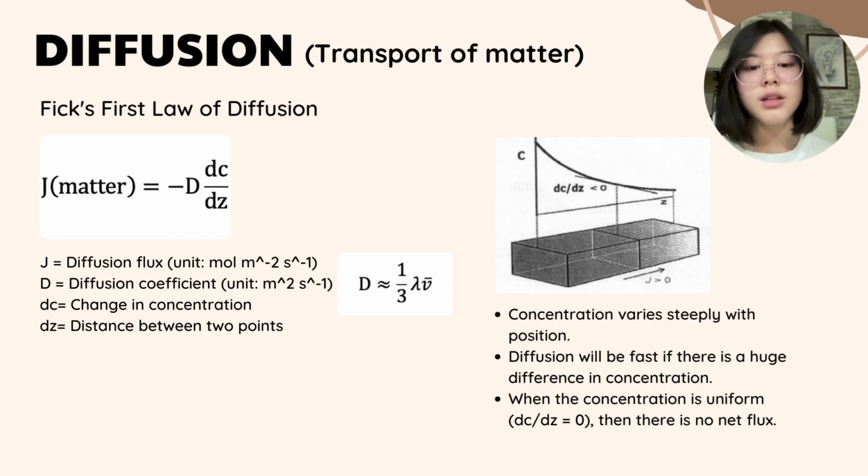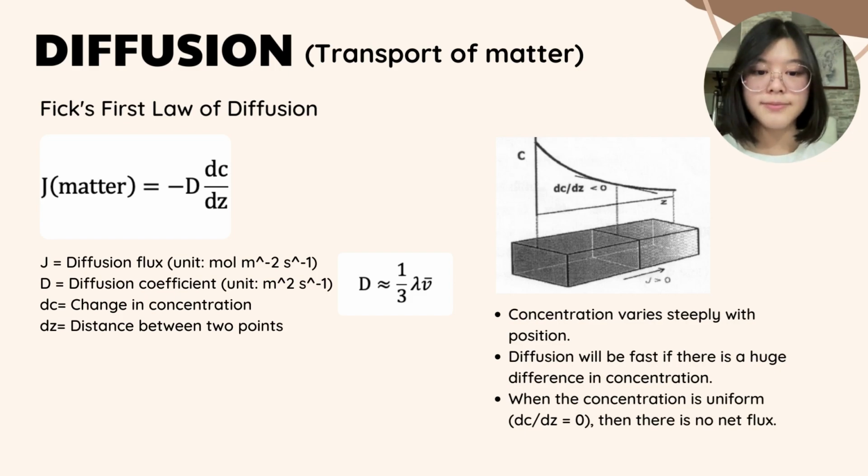So, to be clear, the concentration actually varies very steeply with position. If there is a huge difference in concentration, the diffusivity and the diffusion flux will be very great and hence the diffusion will be very fast. On the other hand, if the concentration is uniform, the difference in concentration will be zero, therefore there will be